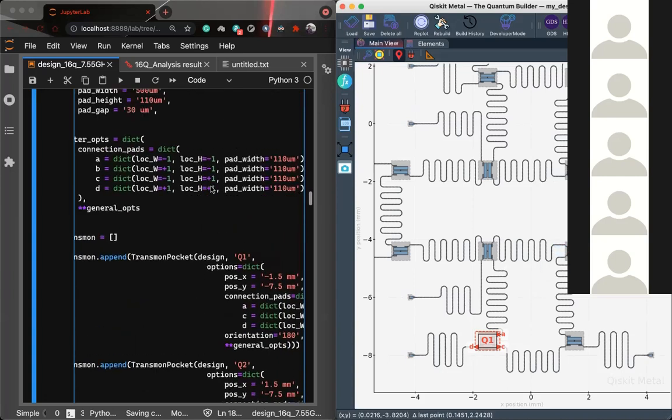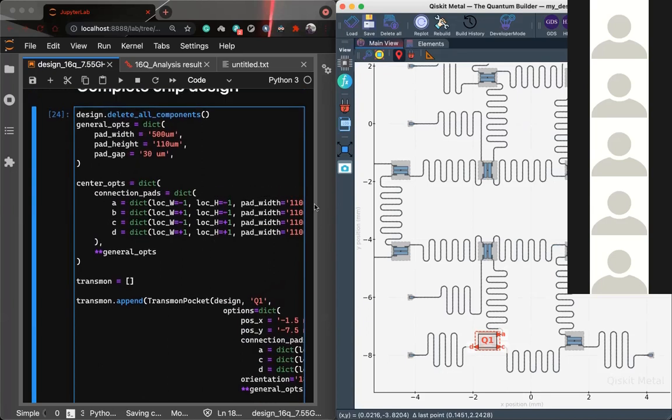So your question being, how do we find this particular thing, right? How do we ensure this is the best thing? I would say the total length of this meandered element should be somewhere near the resonance values of either one of the qubits.